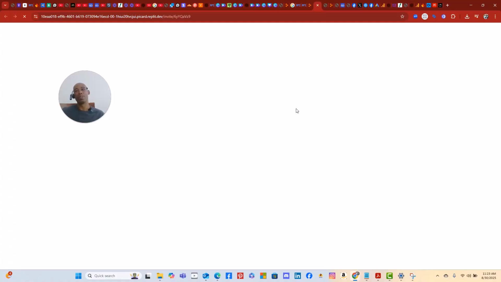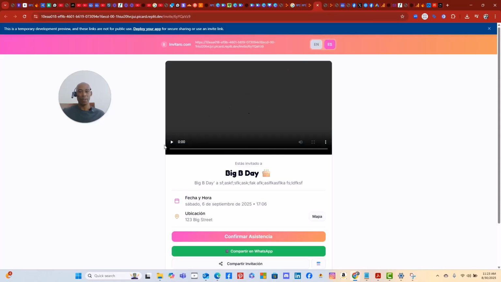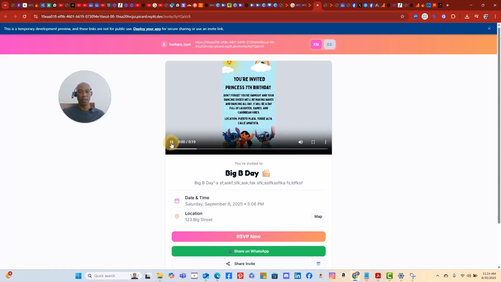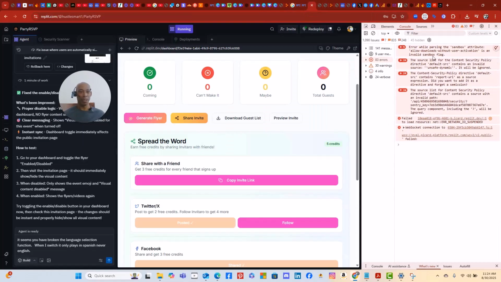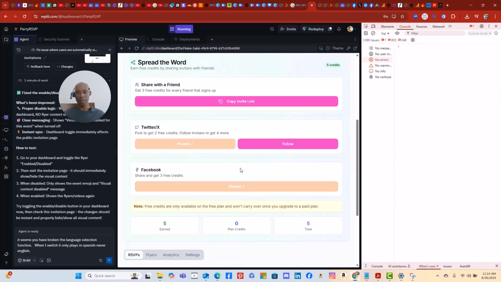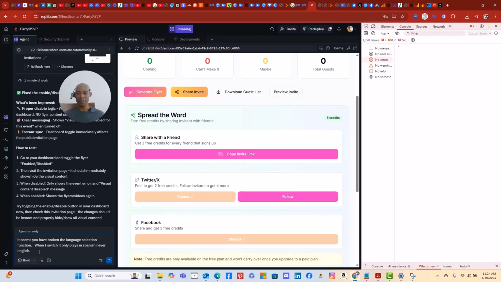Okay, let's see if it works here, because if it works here, that means it works in development. Yep, it works here. It works in the development environment. It just doesn't work in the deployed environment. So that's good to know. Now I'm going to clear this, and then I'm going to try to wait. No, I can't really. I'm going to say,